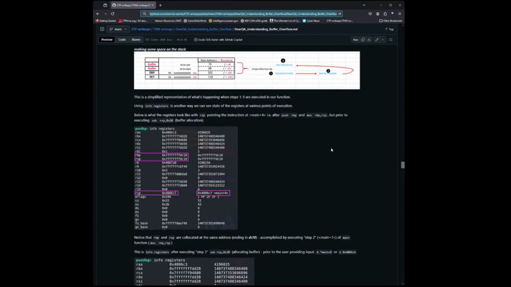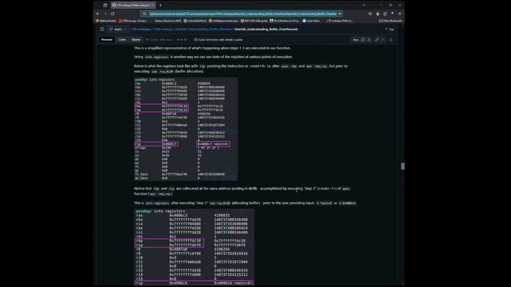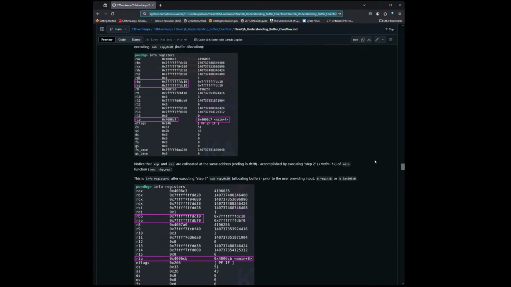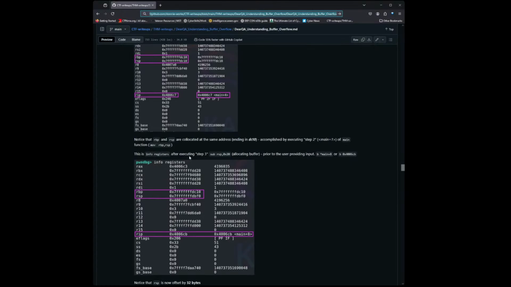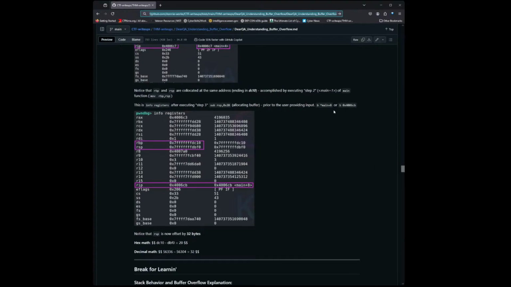Our RIP is pointing to a different address, main+4, 467. So RBP, RSP are co-located, same address. We executed step 2 of the main function. And so info registers after executing the buffer allocation step that we talked about, the sub RSP with the 32, in hex 0x20, prior to user providing input,